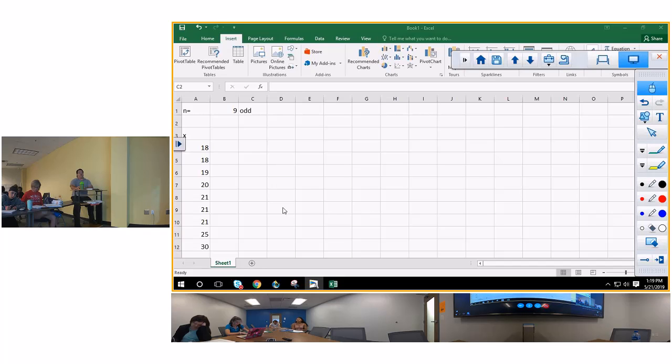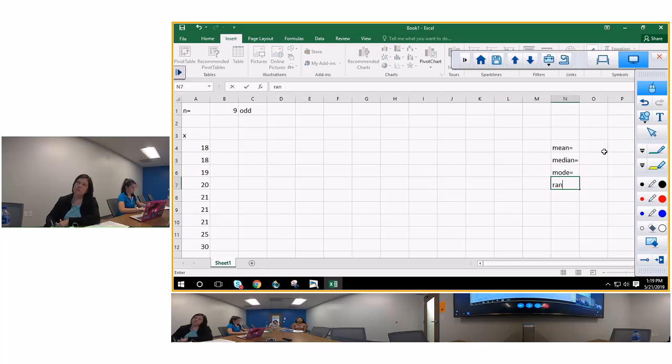Okay, there's my numbers. Now, I want everybody to do what you can remember as far as mean, median, mode. I'll even write them over here for you. Mean, median, mode, range, mid-range,